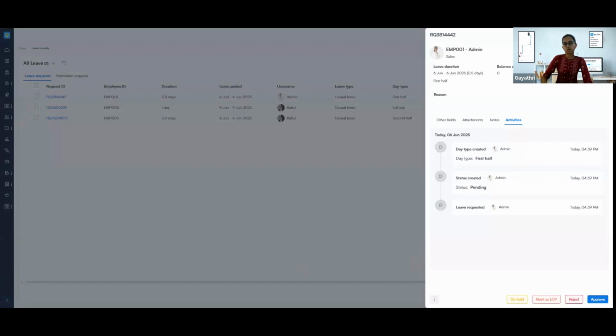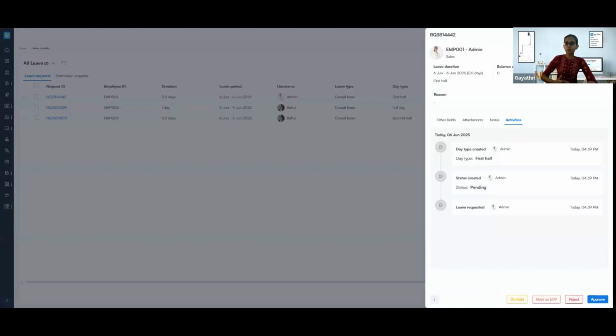Along with this, we have a few actions that are available based on the roles. Whoever has access to update the request status, for them these statuses will be shown. The statuses that we have over here are approve, reject, mark as LOP, and on hold. Approve is saying okay, you can take this leave. Rejecting is we are rejecting this particular leave request that is being raised by an employee. Mark as LOP is loss of pay. This option is used when the leave is taken when they don't have a specific leave balance or any other specific reason is required, they can mark it as LOP, but the leave balance will not be affected in this case.